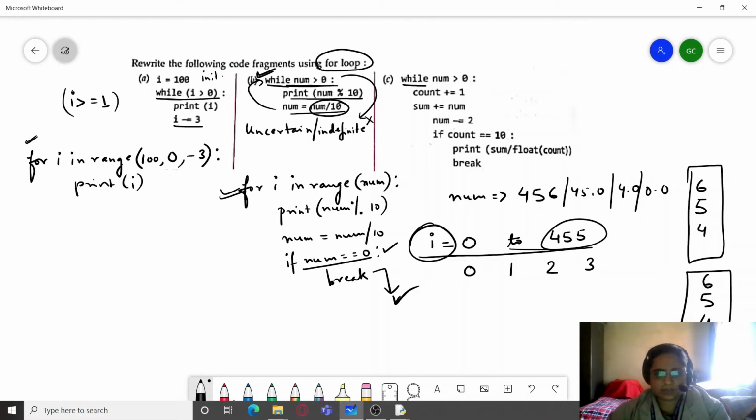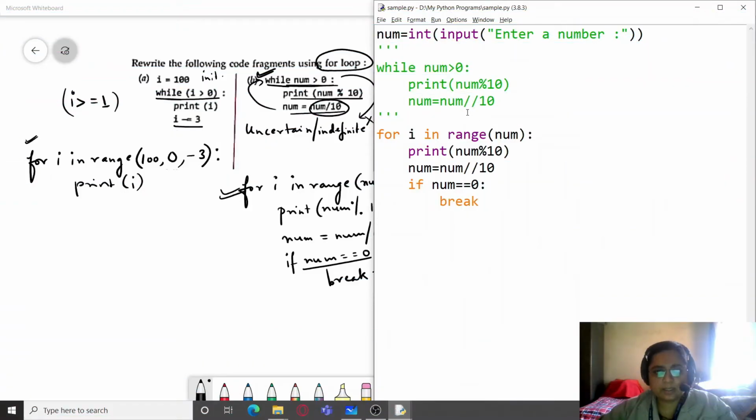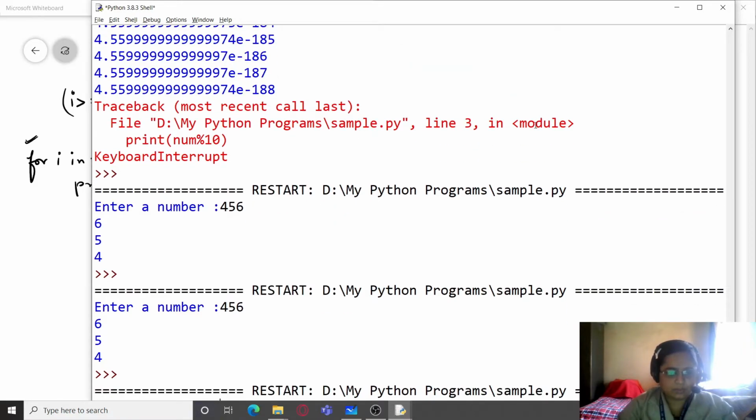So we will just run the program and see. You can clearly see I have written it here, and we will check its output also. I had to make one change: instead of the division operator I had to use the float division operator, otherwise the number of iterations would have increased. I'm just going to run it.